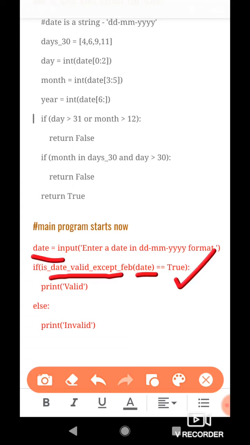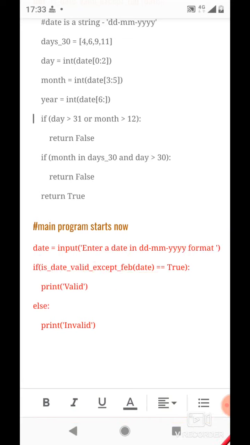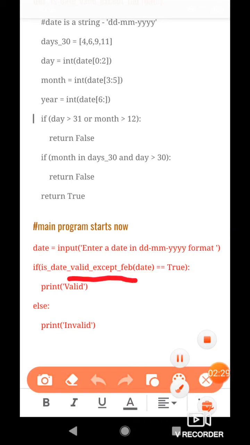So what is happening here? We are calling this function is_date_valid_except_feb, providing the date as its argument, and whatever is returned by this function, either true or false, is being compared with the boolean value true. So we effectively are asking this function whether the date input by the user is valid or not, and it will return true if the date is valid, and false if the date is invalid.